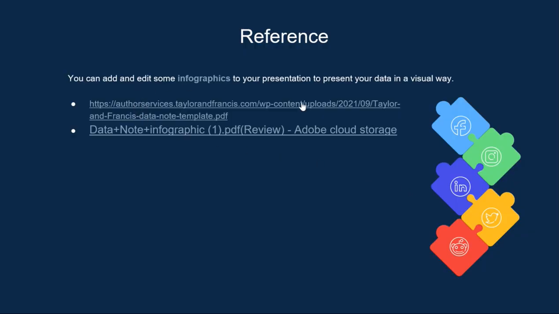Now these are the references where you can get the Taylor & Francis data template for writing data notes, as well as you can find another data notes description and data note format. So this is all about